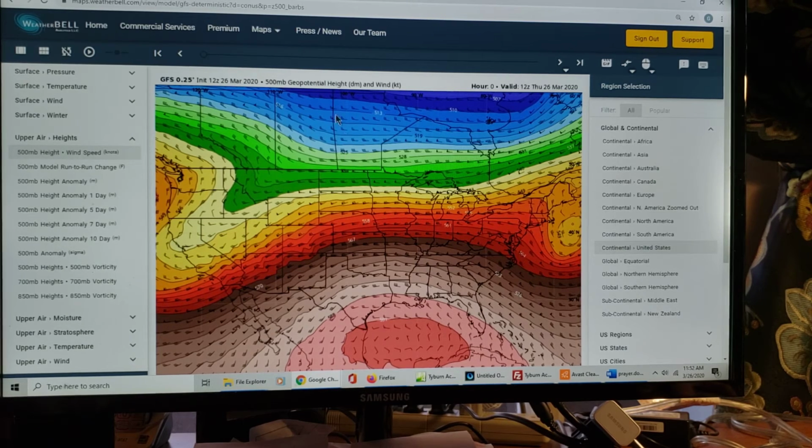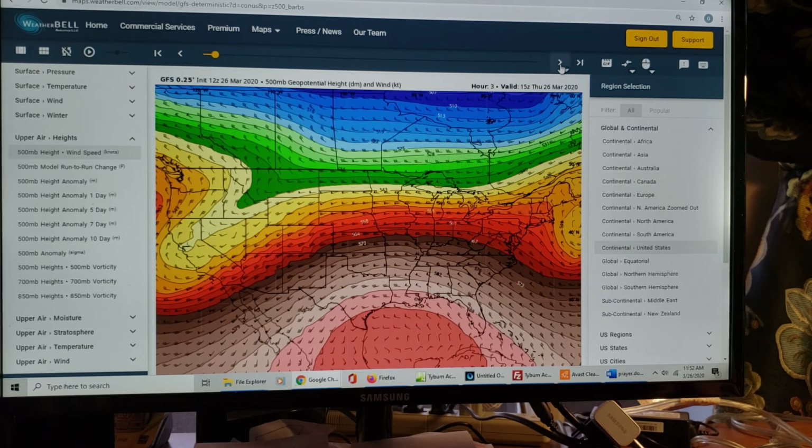It's not really particularly cold. We call that zonal flow, straight across. We've had that most of our winter here. The cold air's been locked up over Canada. And there's that upper level low associated with the surface low off the coast. Okay, so we can forecast this a ways a little bit, see how that moves.